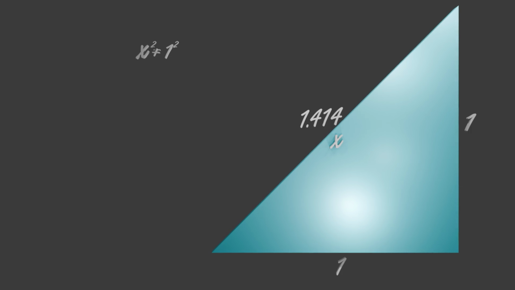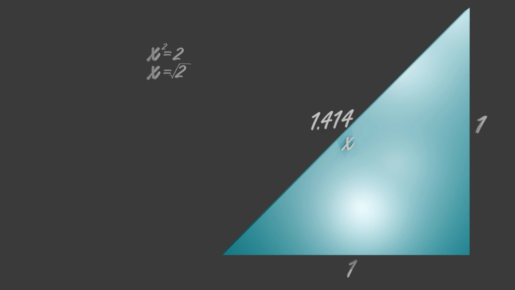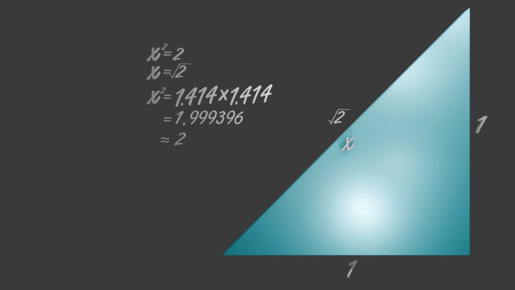By using the Pythagoras theorem, we get its length as √2 units. We can take the square of 1.414 and get 1.999396, which is approximately 2, but not exactly 2. And we get the diagonal as √2 units, which is a non-terminating, non-repeating number. That's the reason we can never measure the length of the diagonal completely. Hence, √2 is an irrational number.